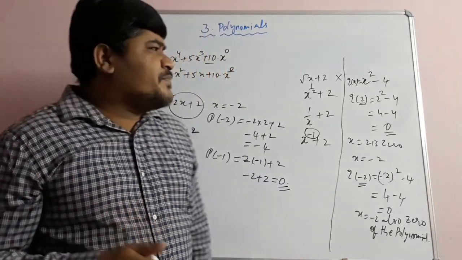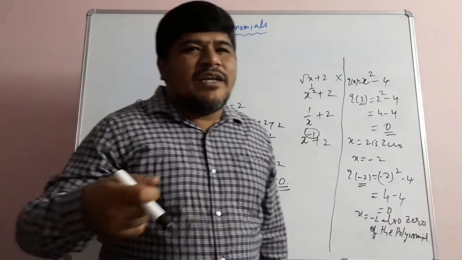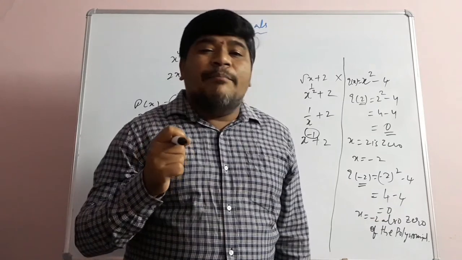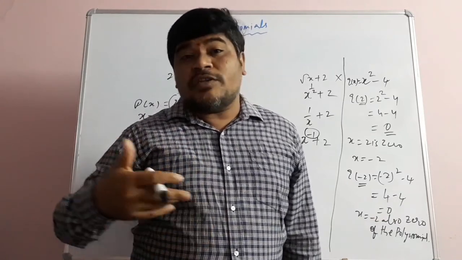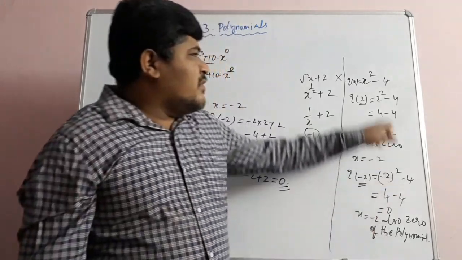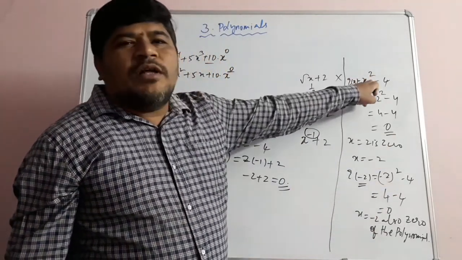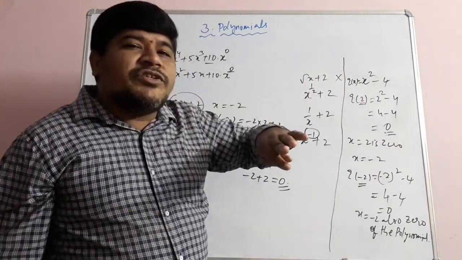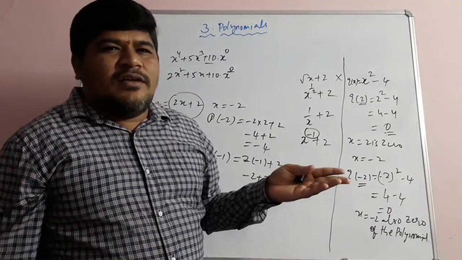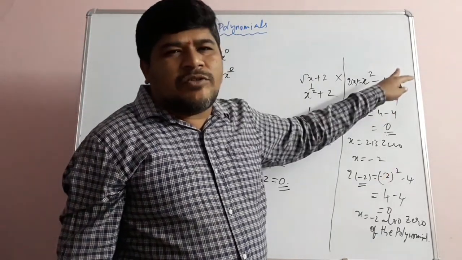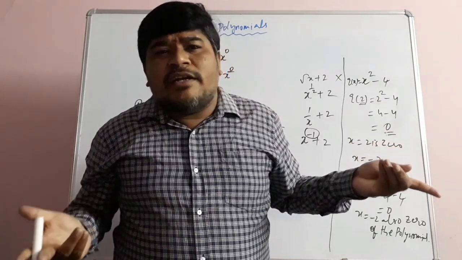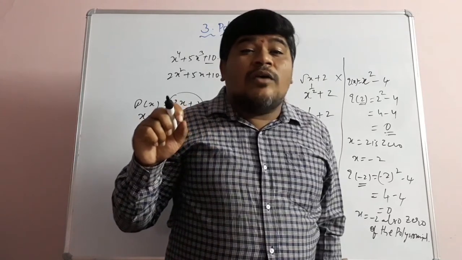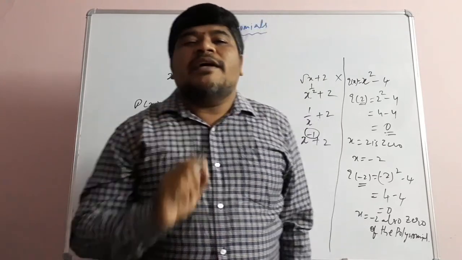Okay, and these are the concepts children, and generally any polynomial you take, mostly it may have a number of zeros equal to its degree. Suppose here its degree is 2. Maximum it may have 2 roots. So children, another name of the zero is root or solution. Two names are there. Sometimes it may not have at least 1 real zero. So that is the reason any polynomial has at most a number of zeros equal to its degree.